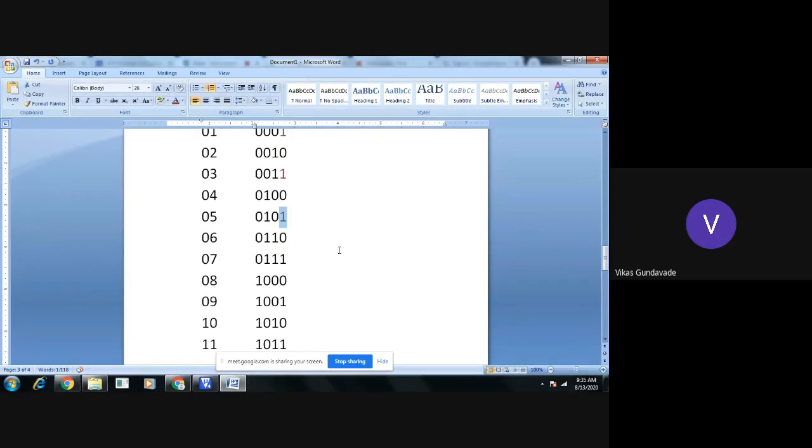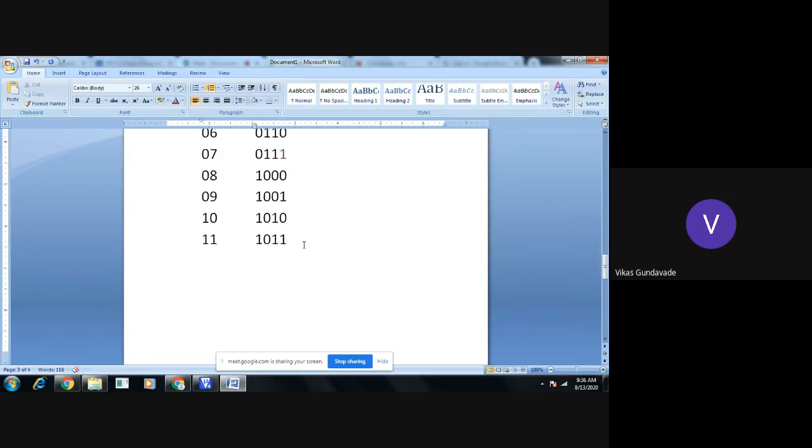If we check all the numbers here, for odd numbers all the LSB becomes 1. Everyone got it? And for even numbers, LSB becomes 0. So if it is 01, LSB will become 1. If it is 02, LSB becomes 0. If it is 03, LSB becomes 1. For 04, LSB becomes 0. For 05, LSB becomes 1, and so on.